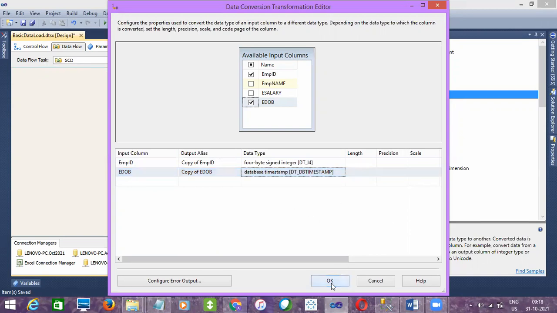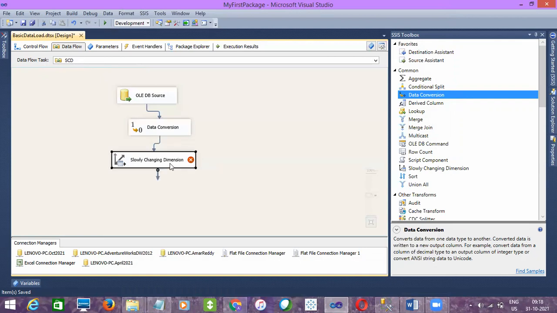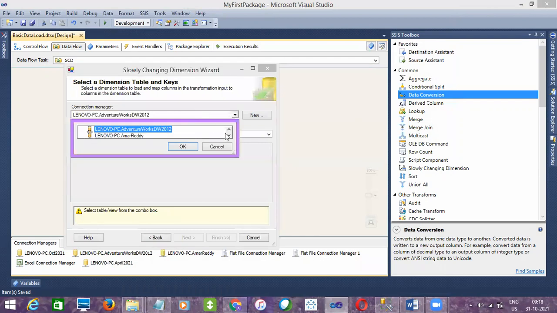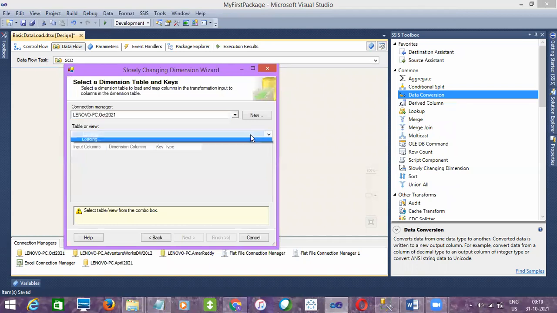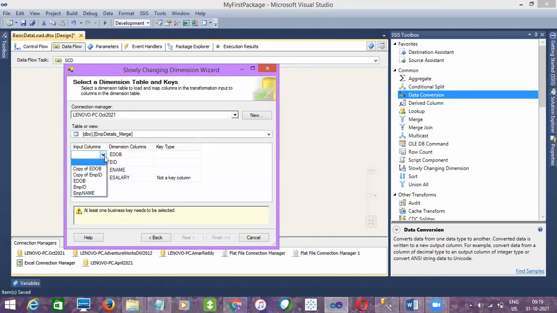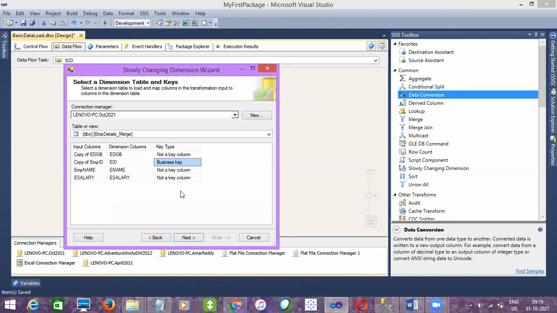Choose that, click on OK. Now, slowly changing dimension, reconfigure it again. Choose the destination database, October 2021, and the table name is EMP details underscore merge. Copy of employee ID and then employee name. Choose one business key and then click on next.